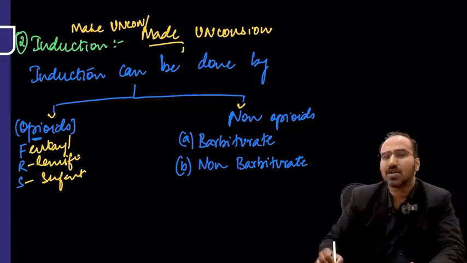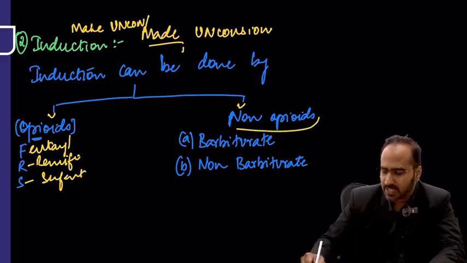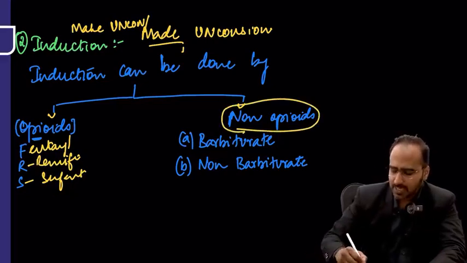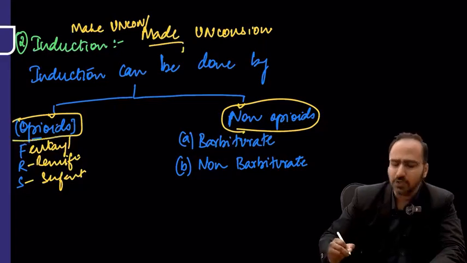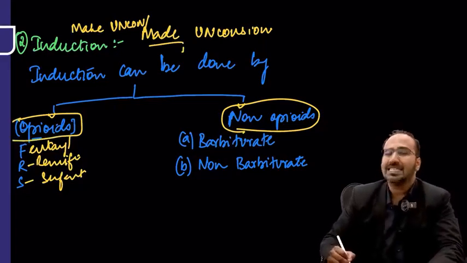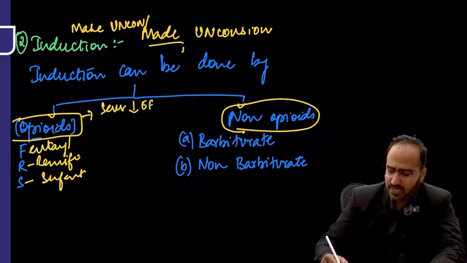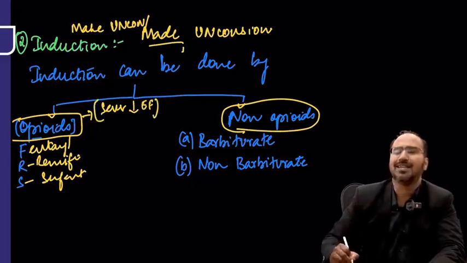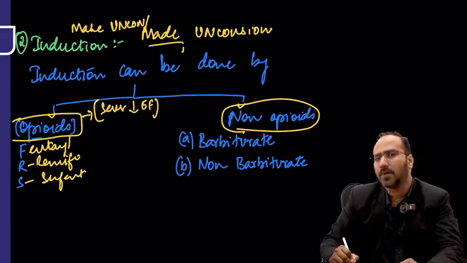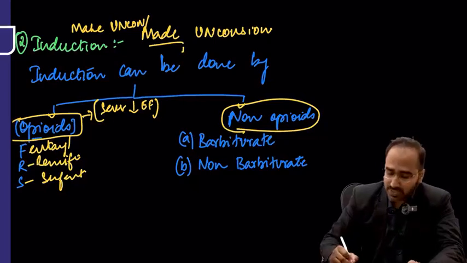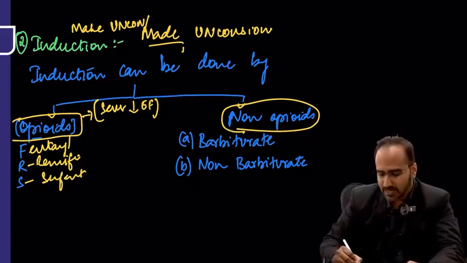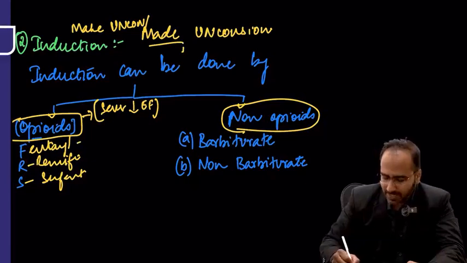But guys, remember, which medications are commonly used to make the patient unconscious for surgery? It is always the non-opioid. Then what is the reason for using opioid? Opioid medication is used in patients who have a severe reduction in the ejection fraction. Patient is having severe cardiorespiratory compromise, but he wants to undergo a surgery. In those cases, you can make him unconscious by using opioids such as fentanyl, remifentanil and